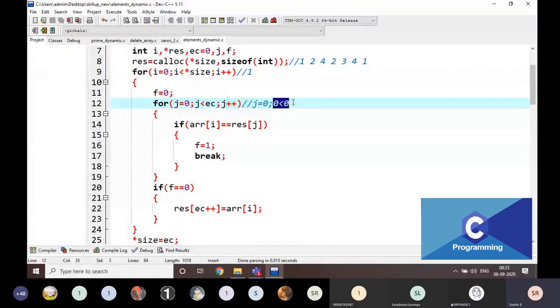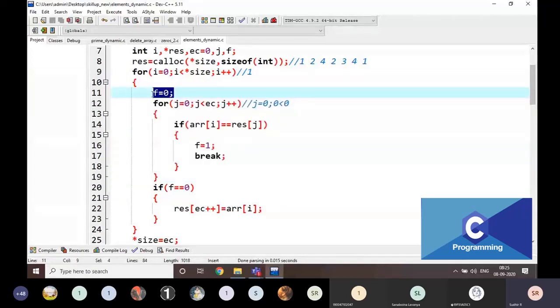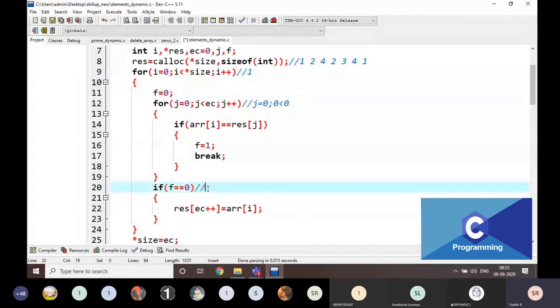That's why this is not executed for the first time. What is the F value? F is only 0, right? Then it is going to be inserted into the result.